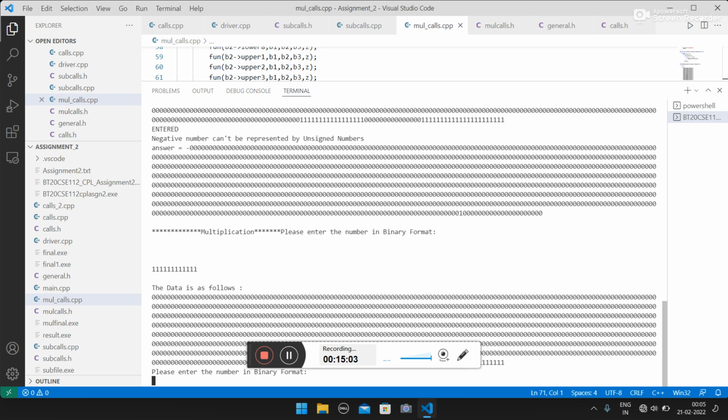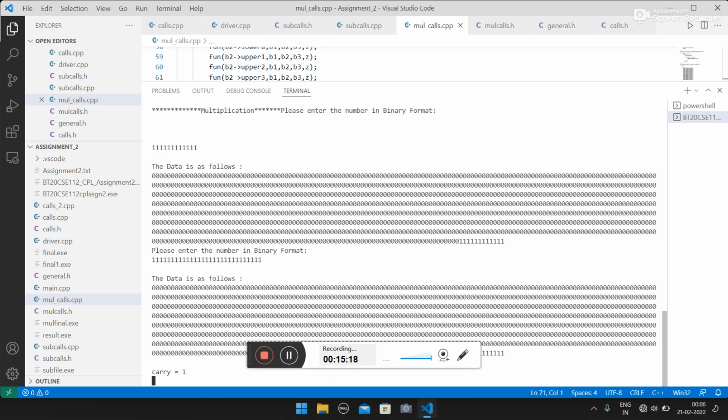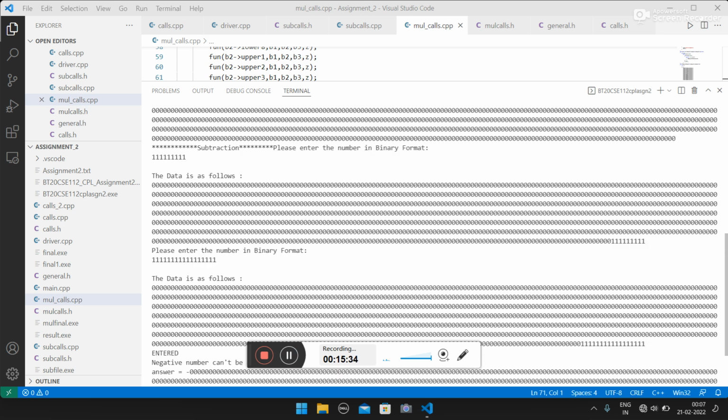Let us take a negative case, where this number is more than this. See what is happening here: after entering this, we are getting this data, and see, carry equal to 1 has come here. Previously there was some problem, but now when I did it again, it is 111 and it is there.